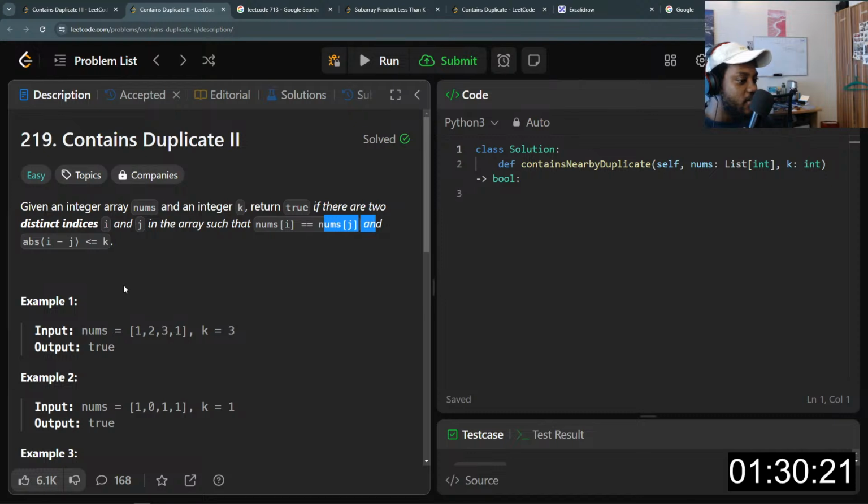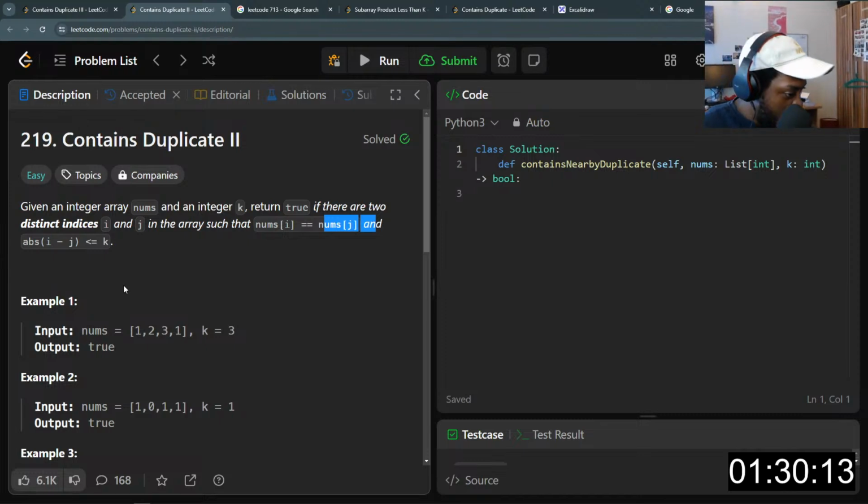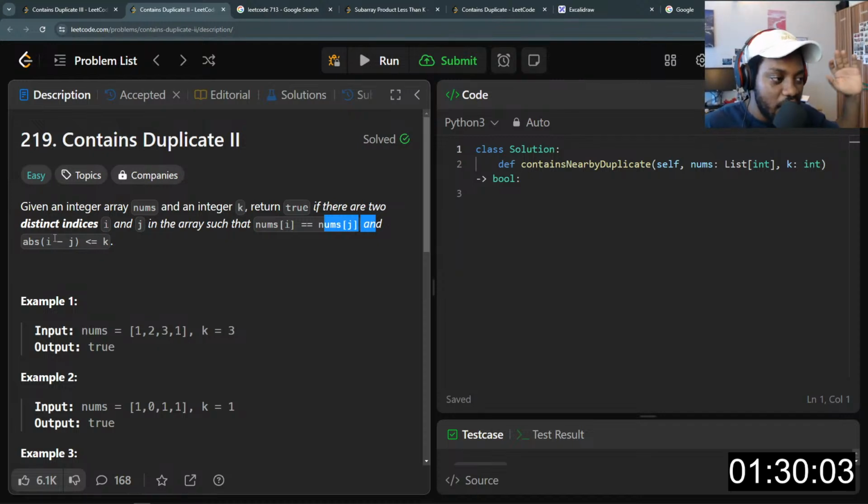So what do we do in this case? We want to return true or false if there are two distinct indices, so two numbers at separate indices in this array, such that the number at i is exactly the same as the number at j, and the absolute value of their difference is less or equal to k.